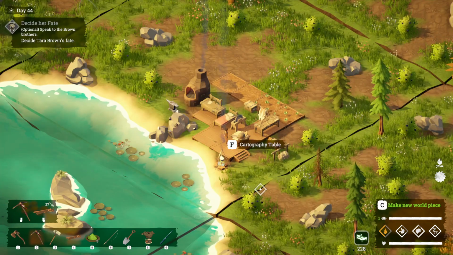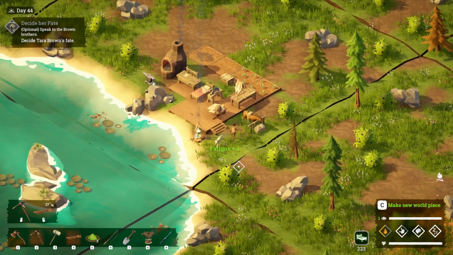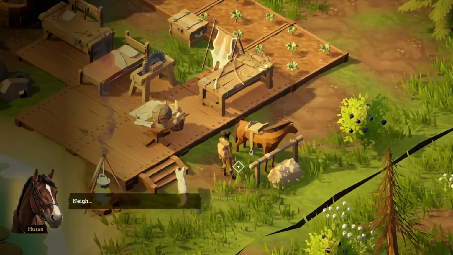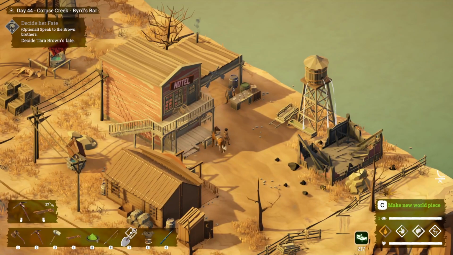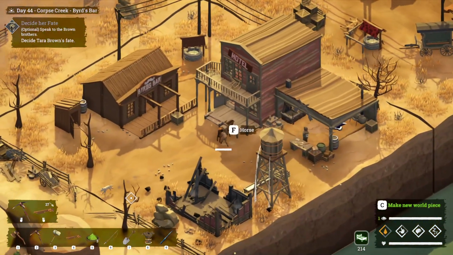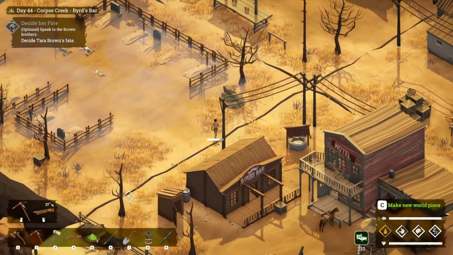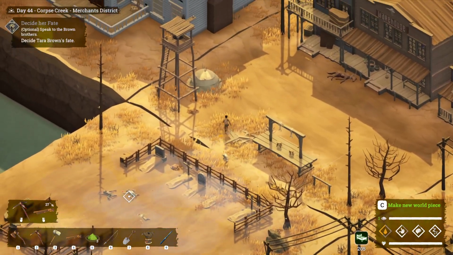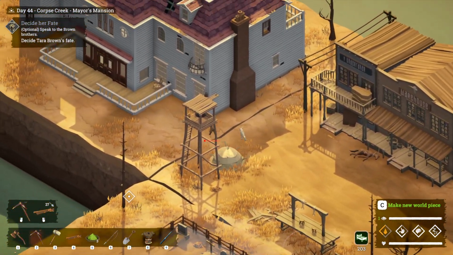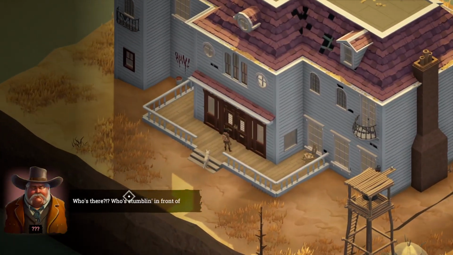Checking on carrots, we've got 1 carrot left. Let's use that carrot and we're going to go back. Alright, we're getting close. Oh, we didn't go and do the Tara Brown's Fate. We'll do that in a minute. Next time we go back, we'll do that. Let's go to the mayor's house for now. We need to go back in a minute anyway, so...